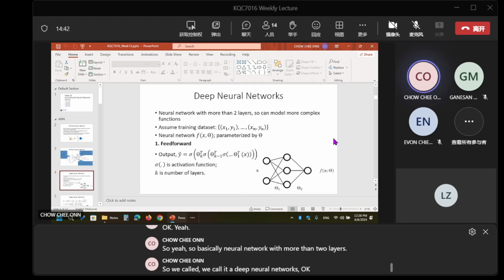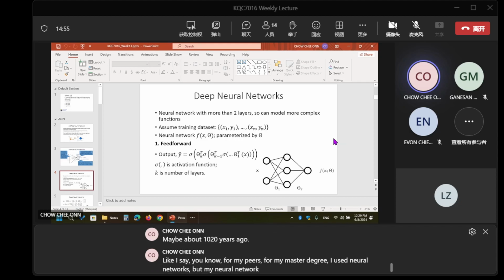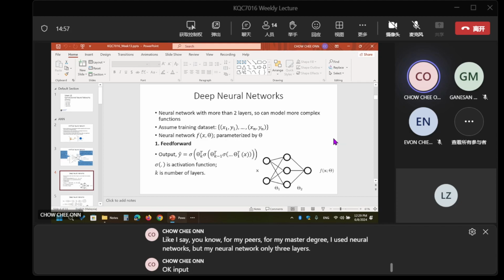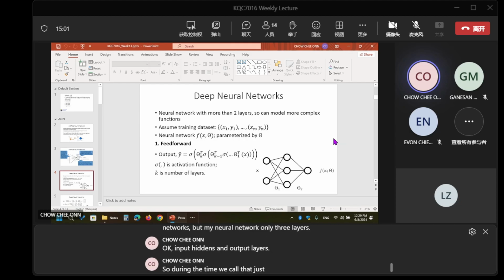Of course, this definition is from maybe 10 to 20 years ago. For my master's degree, I used neural networks, but my neural network had only 3 layers: input, hidden, and output layers. At that time we just called that artificial neural networks.